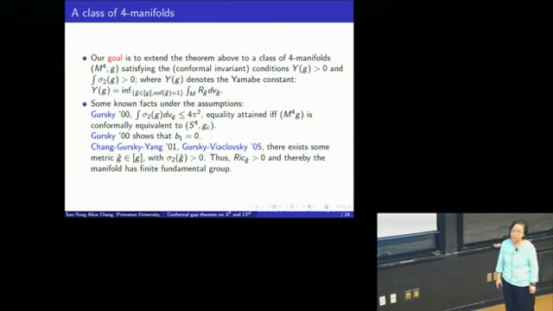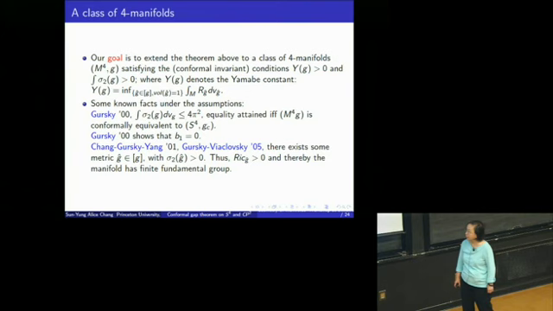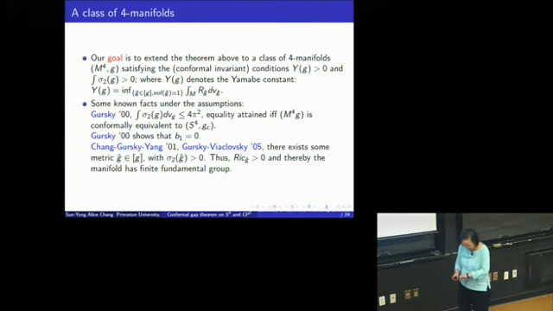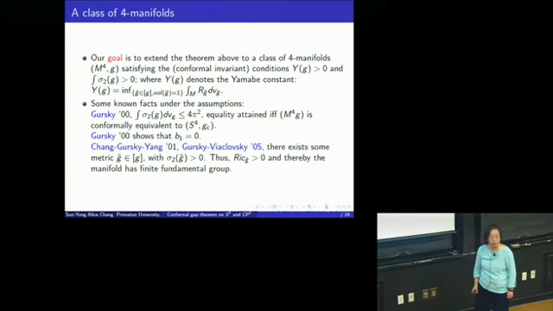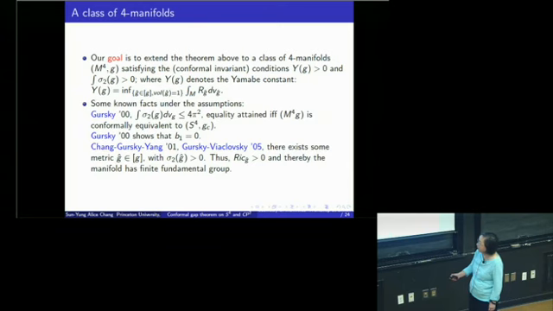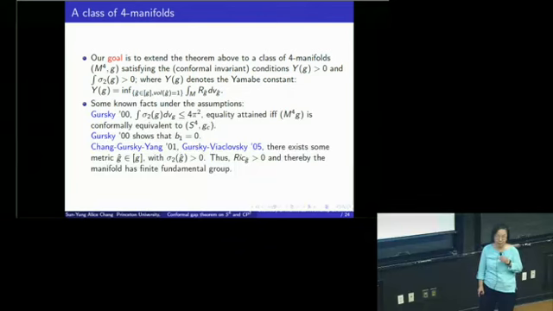So let me mention some basic results in this class. The first result I'd like to mention is that in the early work of Gursky, we already observed that under this condition, the integration of the second invariant has a natural upper bound, 4π². And that's attained only on the standard four-sphere. So the second quantity has a bound.